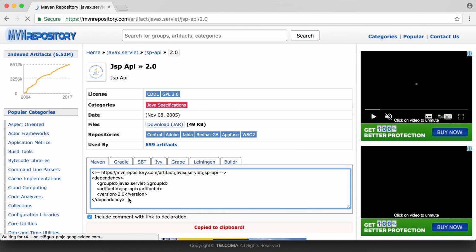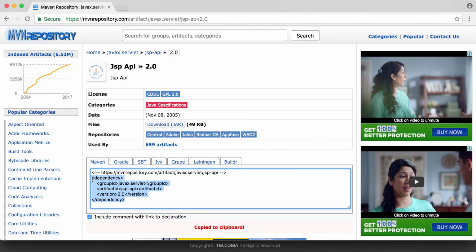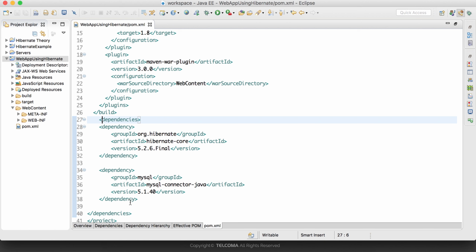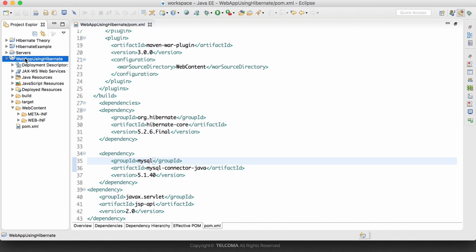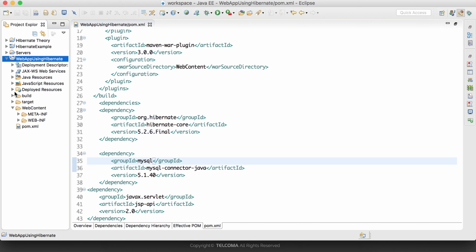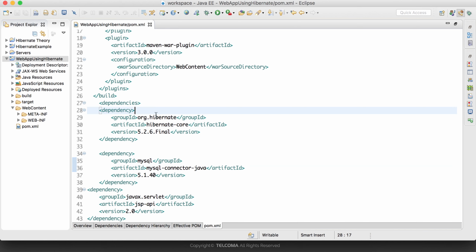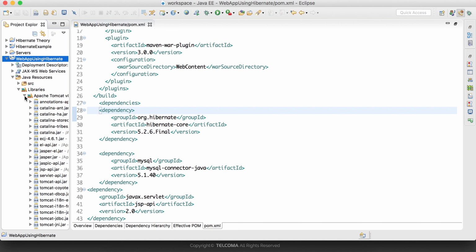We will include this JSP API in our program. So we will copy this dependency part, and include it in our program. So let's save, and let's refresh this part. So Apache Tomcat,